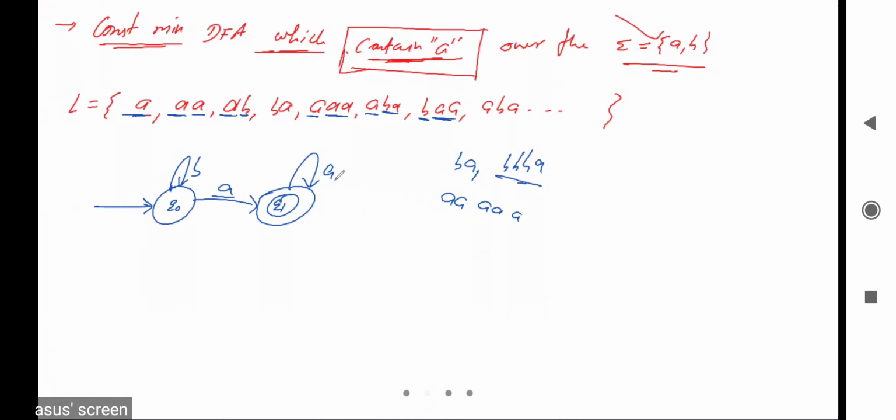Can I take b also? Yes, we can take the loop of b because after a there can be any combination of a and b. It can be ab, or ba, or double b, or any combination. It means we can take the loop of a, b on this state, right?